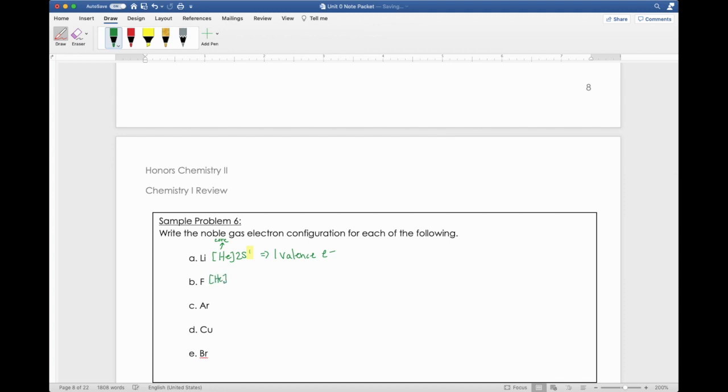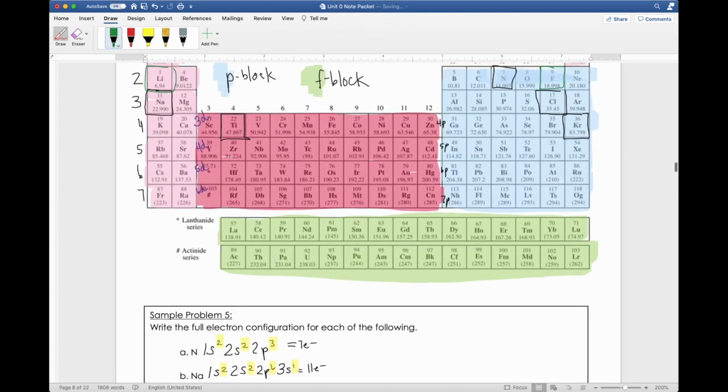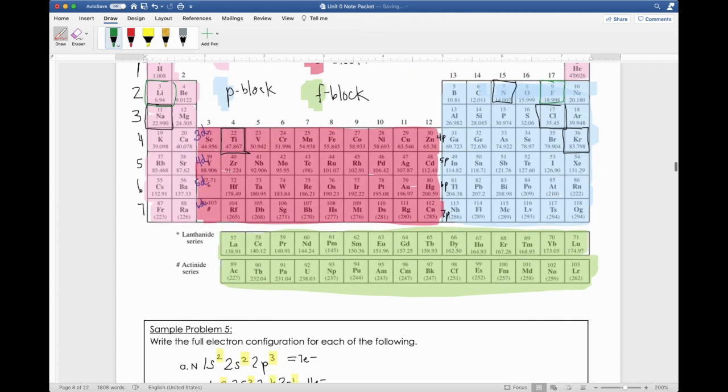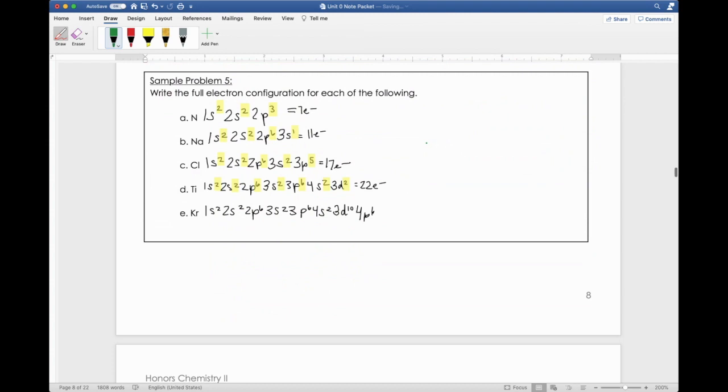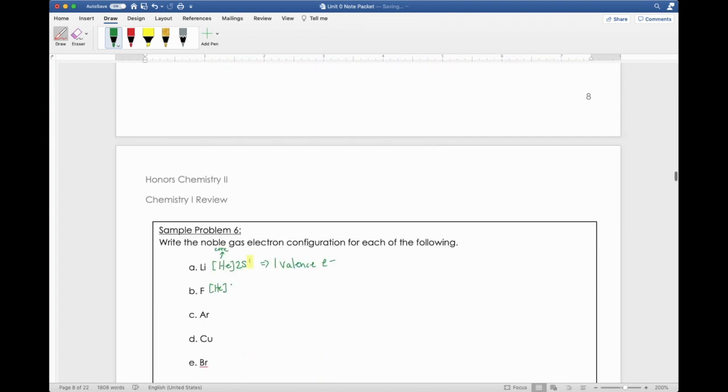And that just shows us, again, those core electrons, those electrons that are in the energy level below that valence level. And to get to fluorine, once we get to helium, we're going to continue right here at that second period since helium ends in the first. So my configuration that comes after that would be 2s2 and then 2p5 because fluorine is the fifth element in that section. So 2s2,